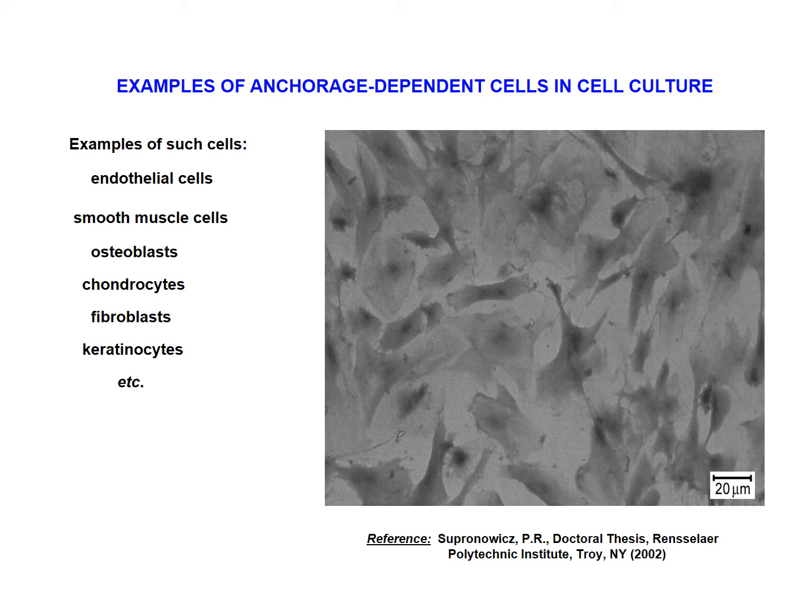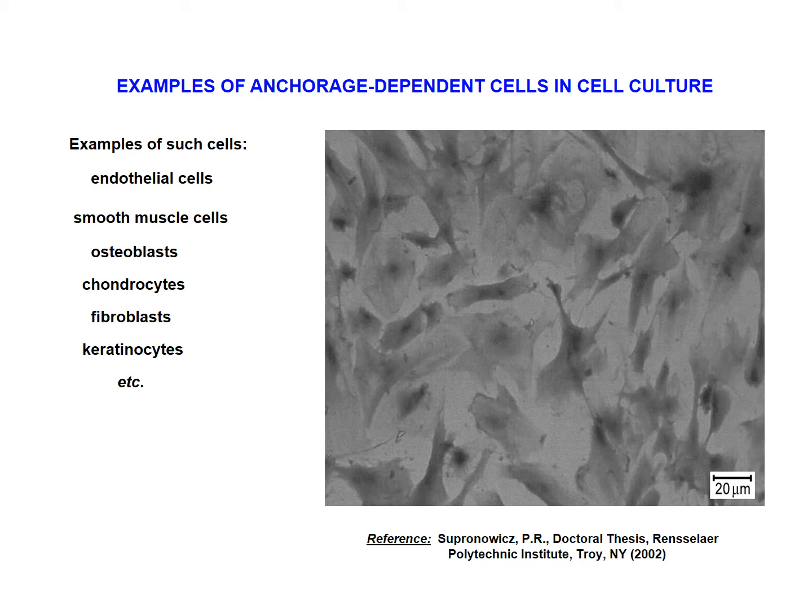Examples of anchorage-dependent cells, in this case they are osteoblasts, which are the bone-forming cells, is shown on this particular slide. This is light microscopy. Remember, all cells in the body have no color, with the exception, of course, of the red blood cells. Therefore, in order to visualize cells under the microscope, you either have to stain them, and that means that you have to fix them or to expose them to an alcohol or some other chemical compound which kills the cells, or if you want the cells to remain alive, you use techniques which try to play with the various